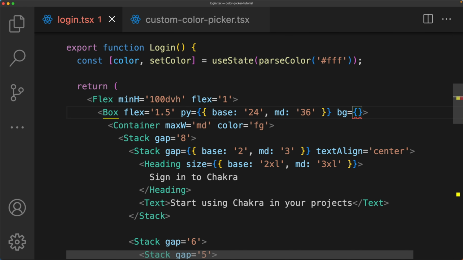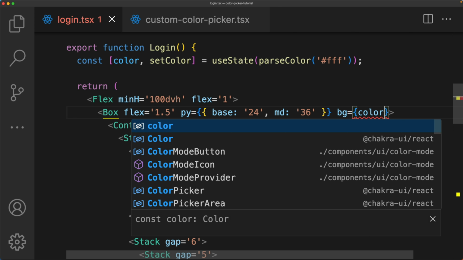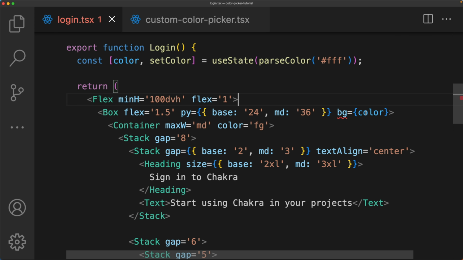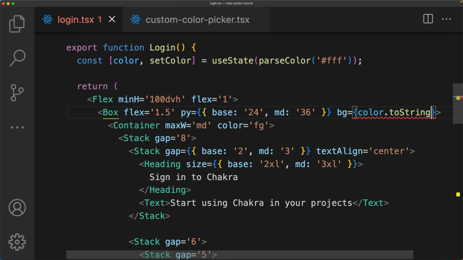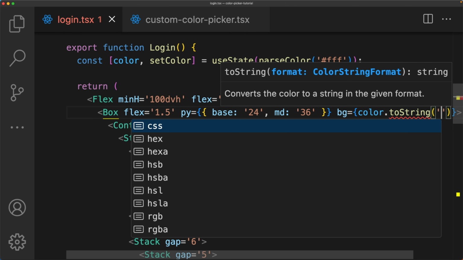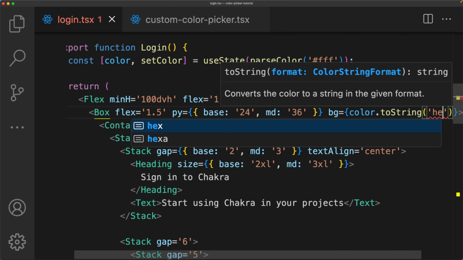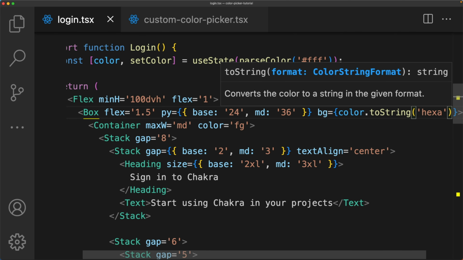This hooks up what is being scrubbed and ensures that the background actually reflects the color that the color picker picks for us. So we get this color from the state here, and it's throwing an error because right now it's expecting a string of color, but this color is not a string. So we use the toString method,